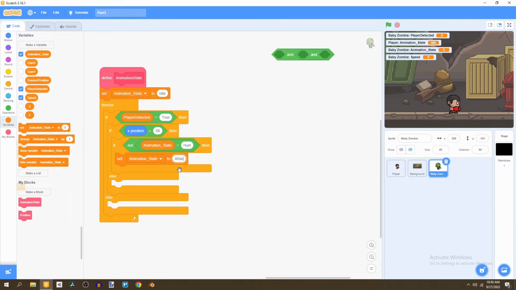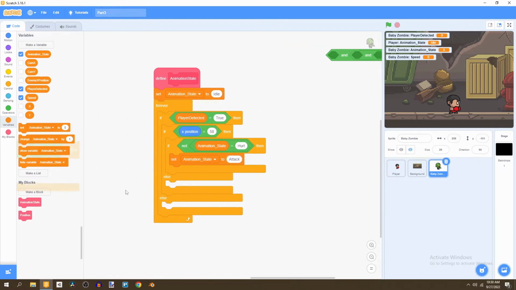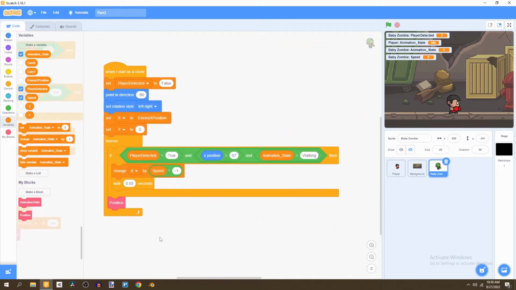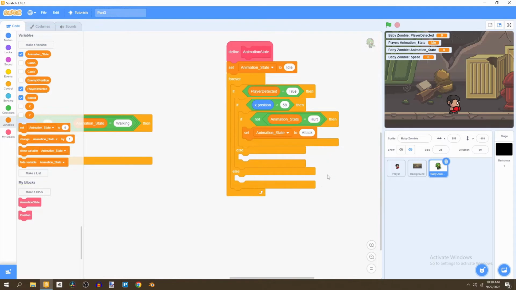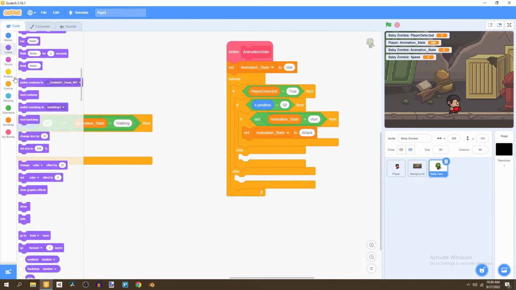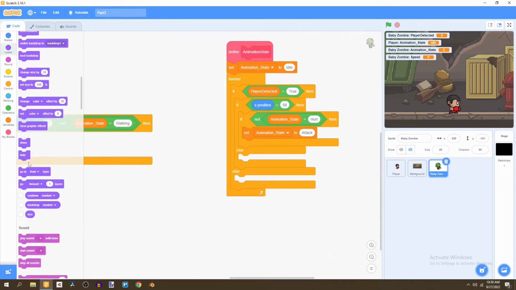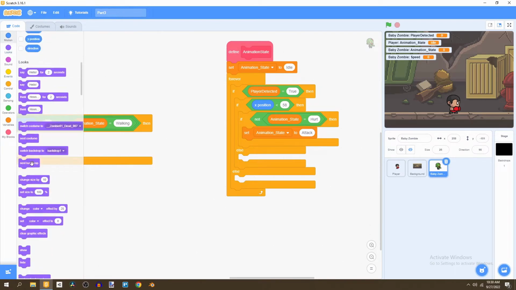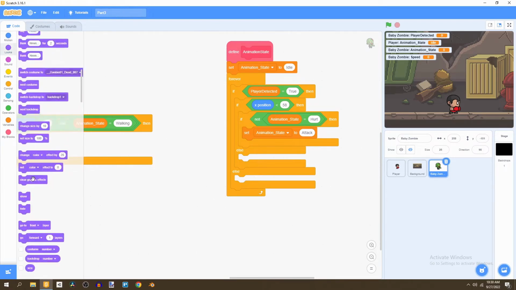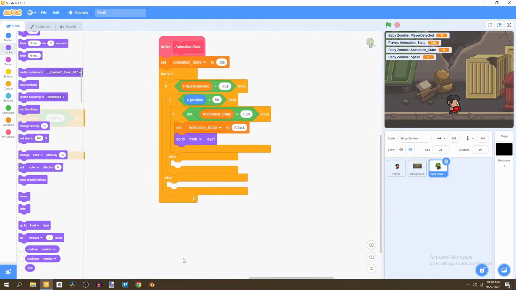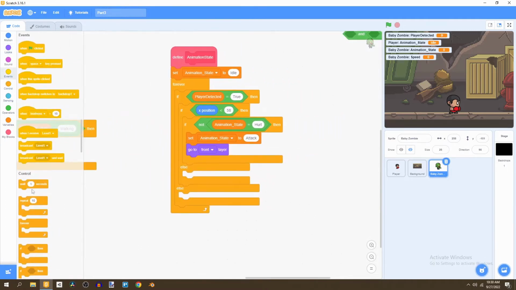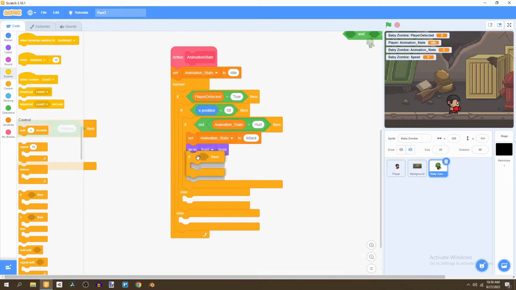So this is basically if we're close enough to our player to attack them, and right here we're walking because we're far from our player, but here we're close enough to attack. So we'll say attack, and whenever an entity is attacking in our game, we want it to go to the front layer. So let's select go to front layer, and then we're going to create an if statement, put it right here, and then we say if,